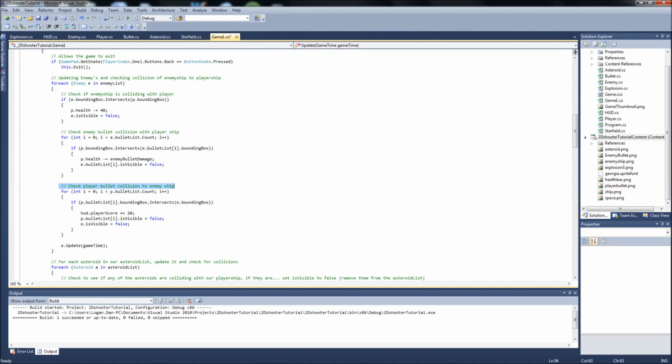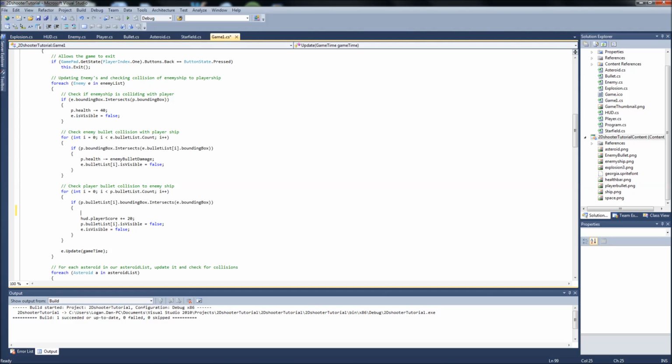Check player bullet collision with enemy ship. So right now what we have it doing is giving 20 to our player score and setting the bullets to visible or invisible. Okay, and what we also want to do is when a bullet hits the ship and it's destroyed, because we only have one shot to kill the enemy ships right now, then we want to spawn an explosion at that position. Okay, so we'll say explosionList.Add,